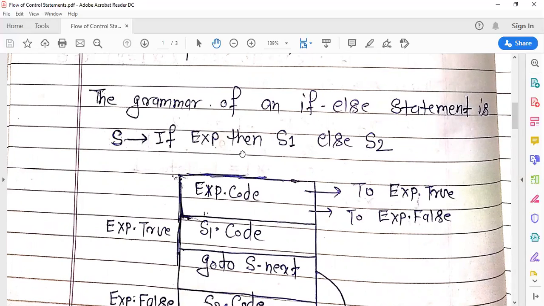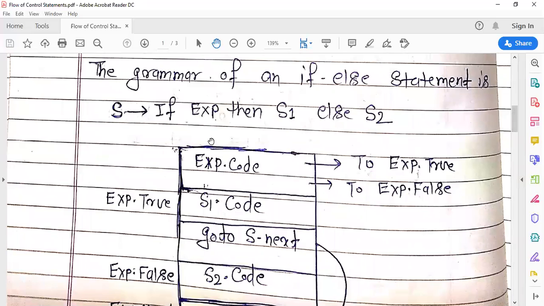Basically there are three components of the if else statement. This is the expression, and if this expression is true, then S1.code will be executed, and if this expression is false, then S2 will be executed.